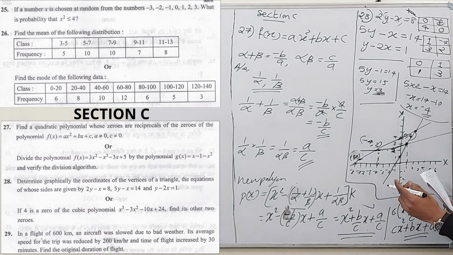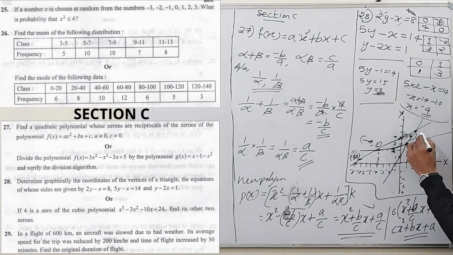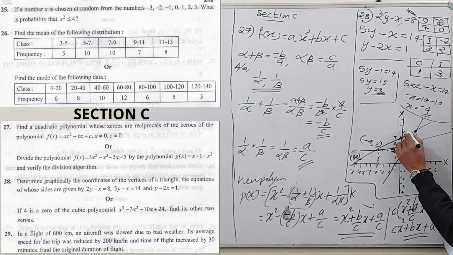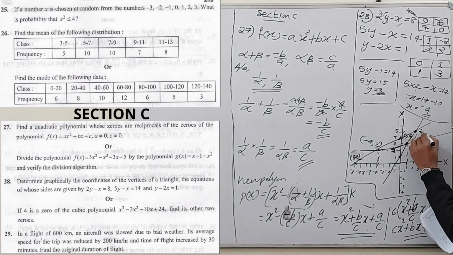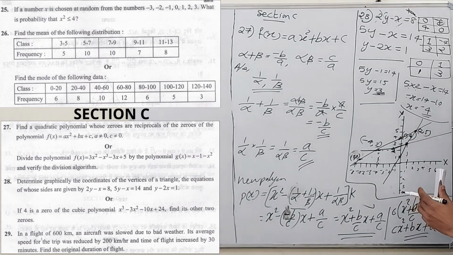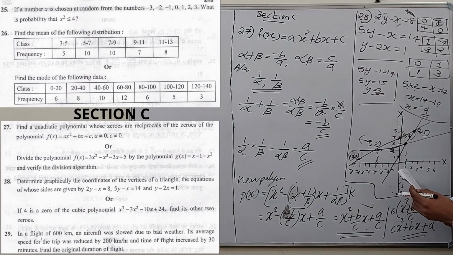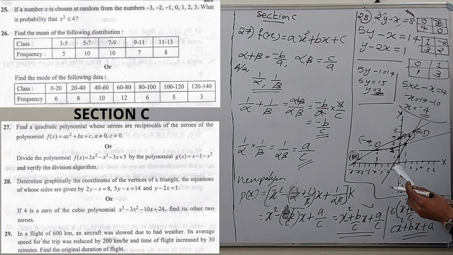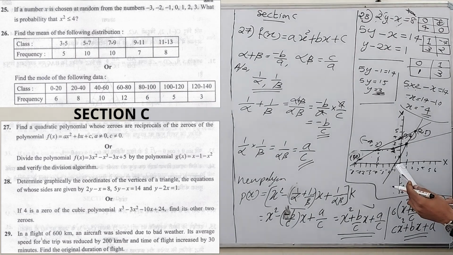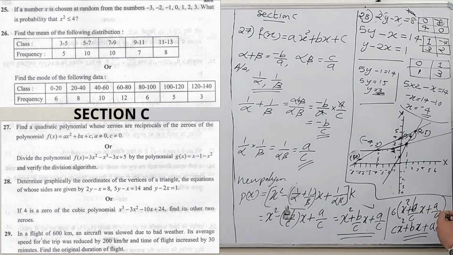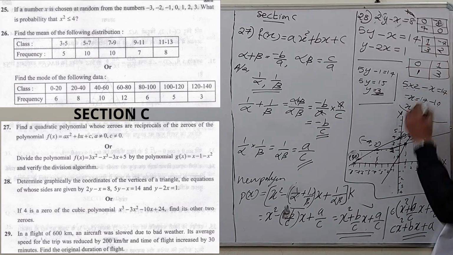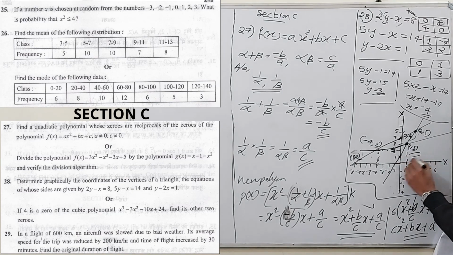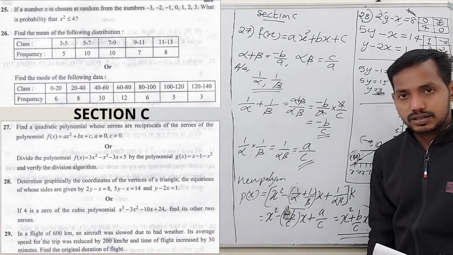The second point we will get is 2 comma 5, almost 5. Okay, 2 comma 5, but it should be accurate when we draw the graph. And the third point is given that the answer is 2 comma 5, then 1 comma 3. Here it is 1 comma 3. Both values are intersecting here at 1 comma 3. So this is the graph of the equation.